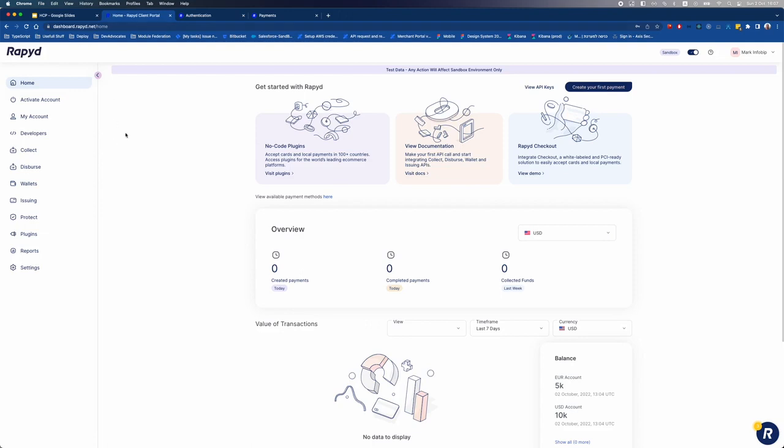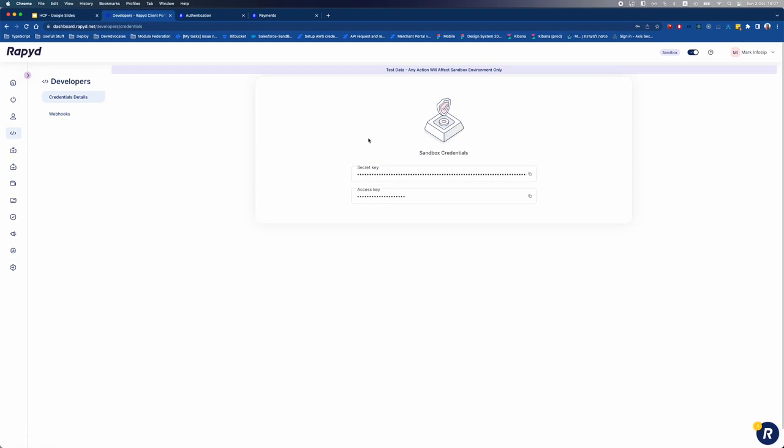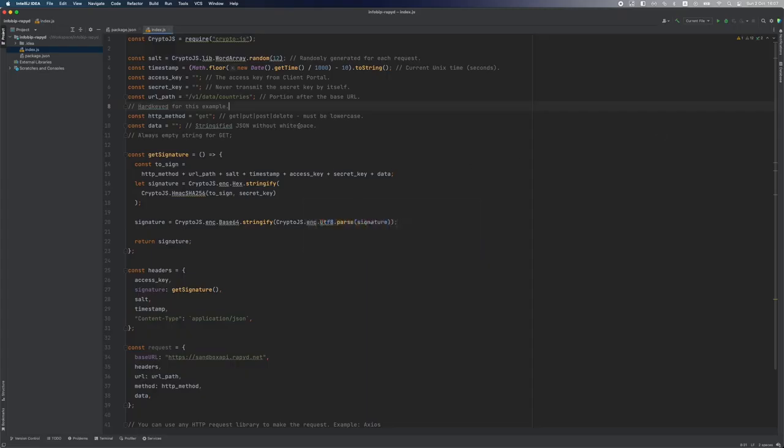Client portal is our UI platform, and the sign-up process is just a regular one. I've already created an account here and just logged in. Here in Client Portal, you go to the developer section, and you see that sandbox is on because we are making a dummy transaction and not a real payment. So I'm taking the values from this page. I'm taking the secret key, pasting it here, and access key,